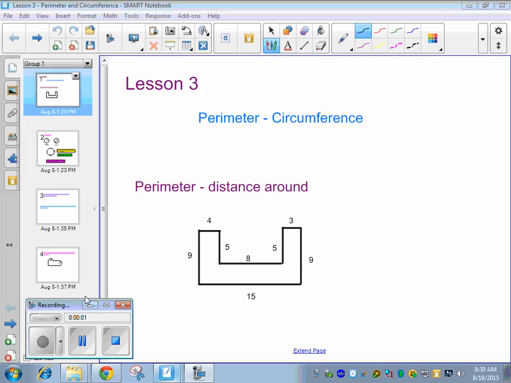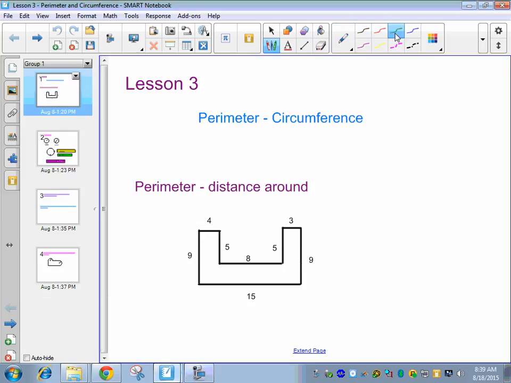Right, so we're going to do some perimeter and circumference today. I know you guys learned a super handy shortcut for figuring out the perimeter of weird shapes like this. We're just going to use it because it makes life a lot easier. If you notice, the bottom is 15. So that also must mean that this part that connects across the whole top must also be 15,